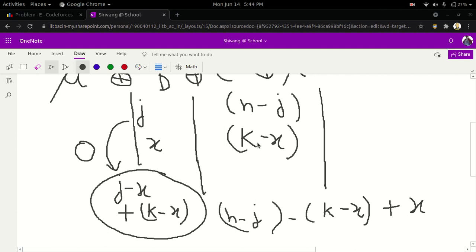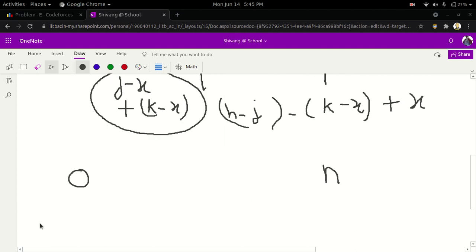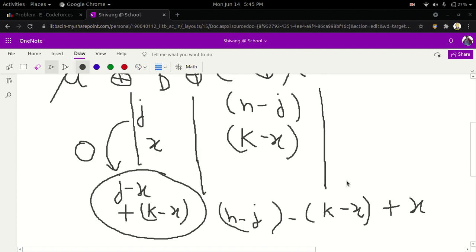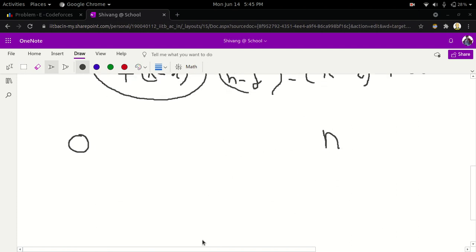Each edge corresponds to a query and each node corresponds to the state, which tells you the number of elements which have occurred in the current XOR sum an odd number of times. So we start off with 0. Our aim is to reach n in the minimum possible queries, which is the shortest path from 0 to n in this graph, and that can be evaluated using BFS or Dijkstra's algorithm. So first we are going to construct this graph. The graph is going to have n plus 1 nodes from 0 to n.